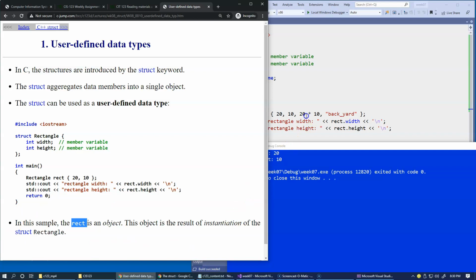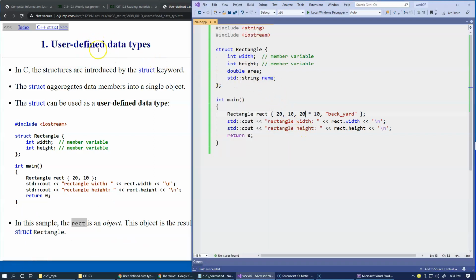So this is just a technically correct terminology in terms that user-defined data types are described first by introducing the structure. The structure itself does not create an object. It only provides a mapping of all the data that such an object should contain. So we decide that in our application this is a useful concept, and we'd like to create objects of this type. And once we have the structure declaration in place, we then can use its name to provide the name of an object and create it just as a normal variable, and this is the initializer list